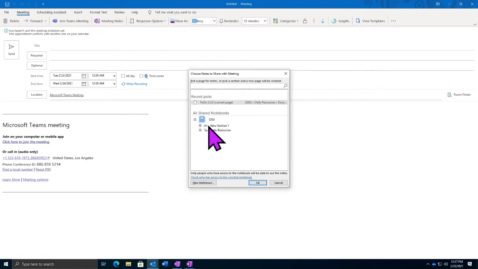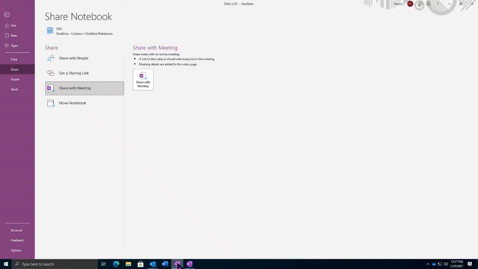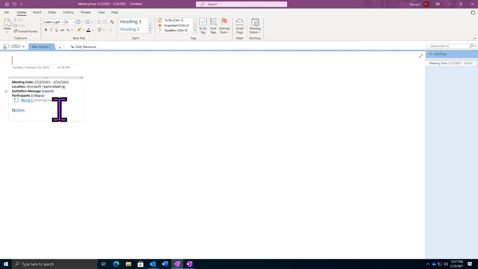We can expand it to select a specific section, or we can expand it even further to select a specific page. And when we attach that, we will notice in our OneNote notebook that we have some information that has been added to our page. It will contain information about the meeting, any participants that have been added, and any special notes that have been made.